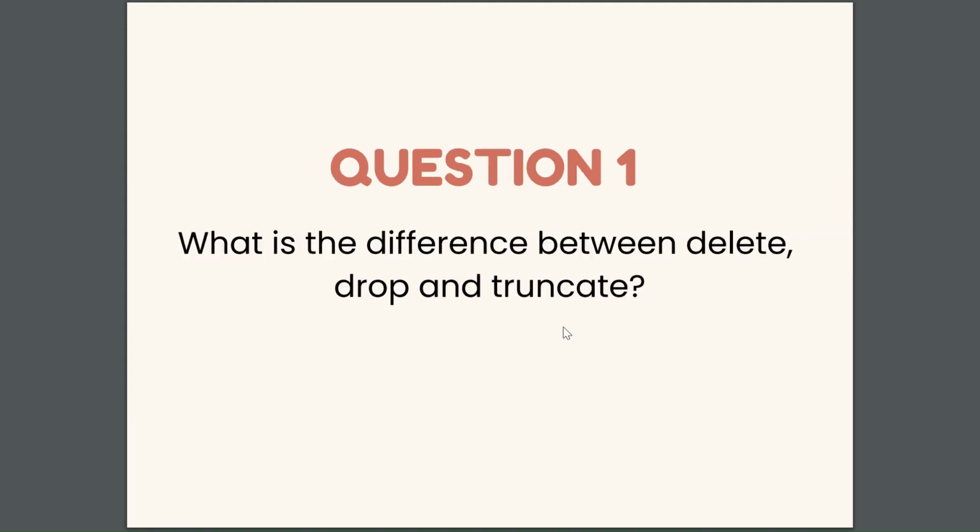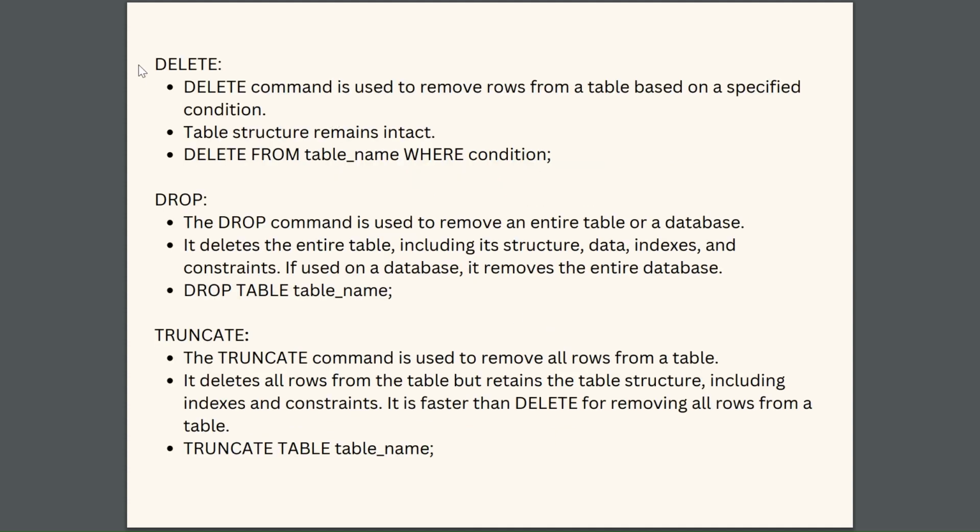So, our first question is, what is the difference between delete, drop, and truncate? First of all, the delete command is used to remove rows from a table based on a specified condition. That is, we are using the delete command to remove certain records from a table. And here the table structure remains intact, which means the table structure is not at all affected. The only thing affected by the delete clause is that the records specified in the where condition will be